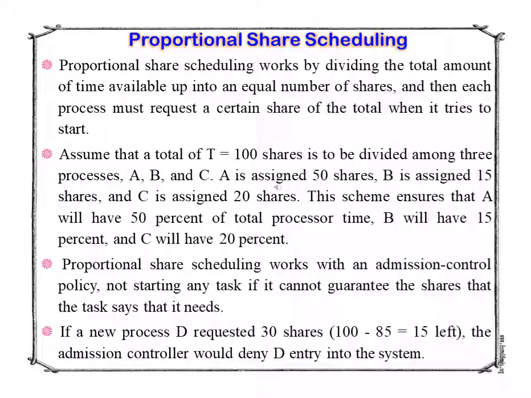Proportional share scheduling works with an admissions control policy, not starting any task if it cannot guarantee the shares that the task says it needs. If a new process requested 30 shares, the 100 minus